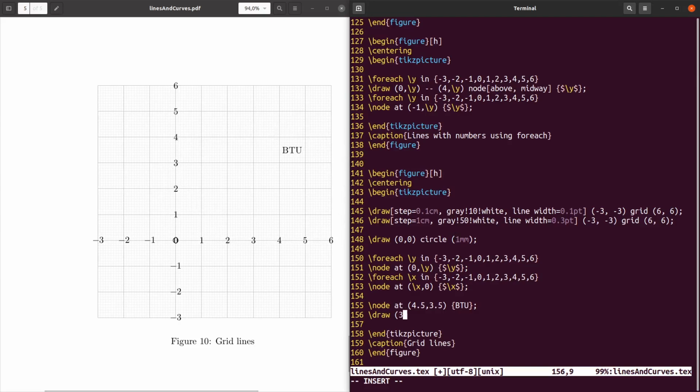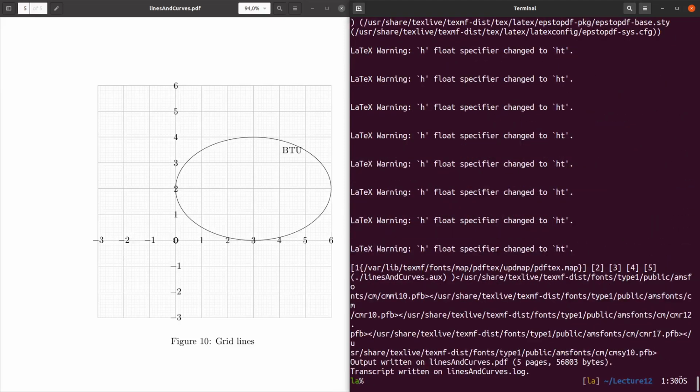Okay, 3 to 2 ellipse, and write the first radius as 3 centimeters and 2 centimeters for the second radius. Okay,